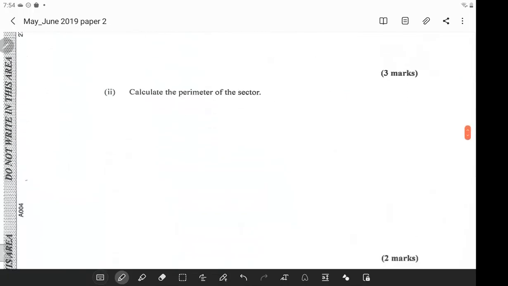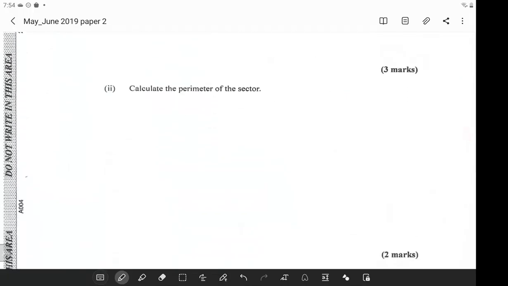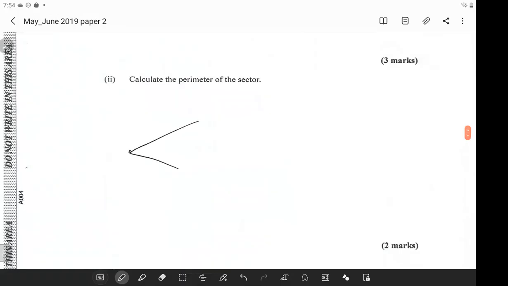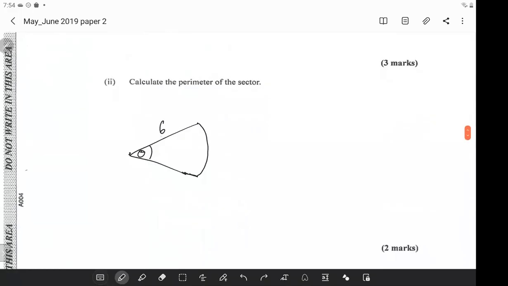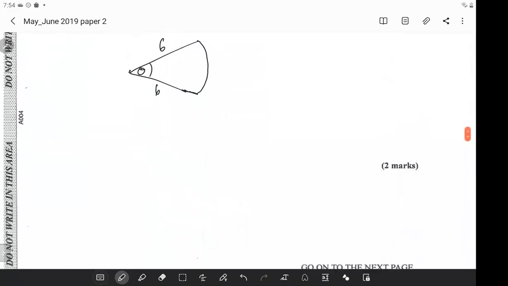Okay, lovely. So they want us to calculate the perimeter of the sector. So that's something like this. So we have our angle here in radians, and we have our sector of the circle doing that. Cool. So notice the perimeter of our sector is the whole distance around, not just the arc length. So the first thing we have to do is calculate our arc length, because we know that this is 6 and this is 6, because those are radii. So the perimeter is equal to 12, because 6 plus 6 plus